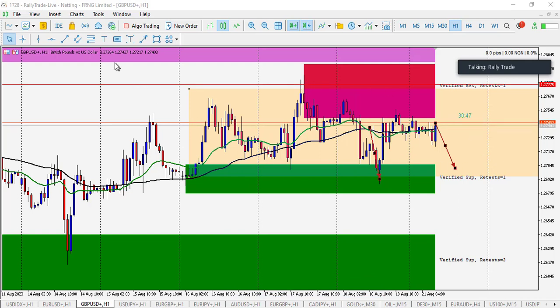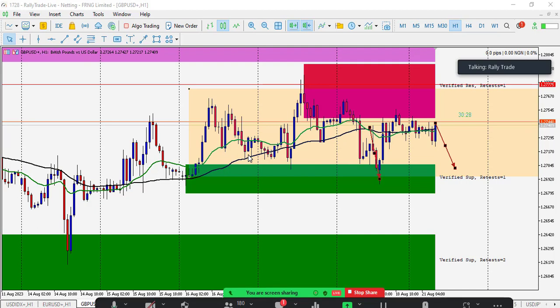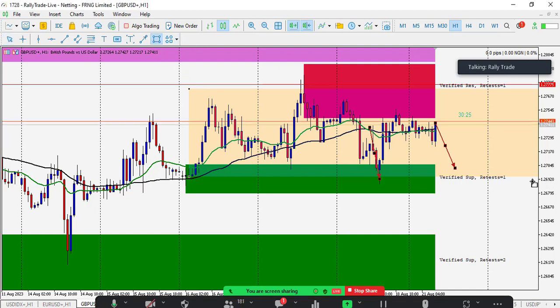So a buy position will be envisaged. You want to do a buy limit. Set a buy limit on your trade right now, somewhere around 1.27045. So a range, actually 1.26920. Any of this range of price, you can do a buy there. Around this area you can do a buy. From here down to here, you can do a buy around that area.